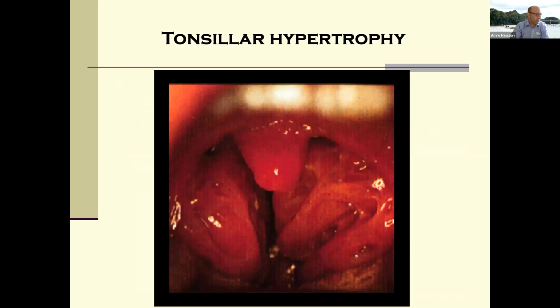This is tonsillar hypertrophy. This person here has grade 4 tonsils. The tonsil grading is really simple. Grade 1, you can't really see the tonsils coming out of the pillars. Grade 2, yep, they're over the edge of the pillars. Grade 3, they're getting really close to the uvula. Grade 4, they are almost meeting behind the uvula. And kissing tonsils is where the tonsils touch each other. This is a grade 4, almost kissing.